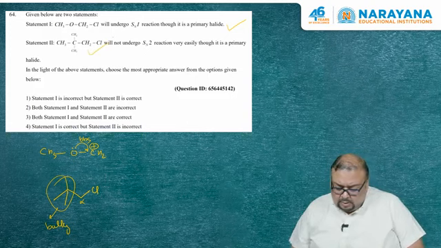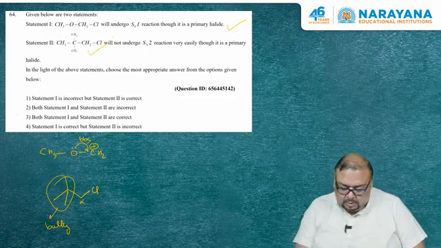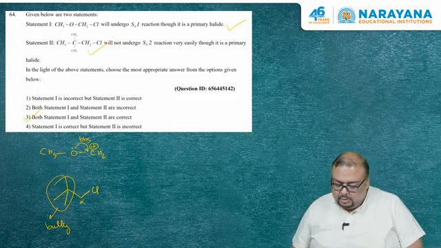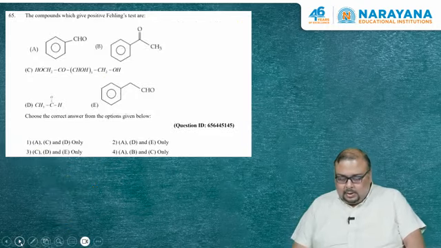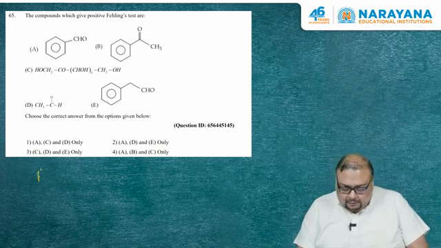So we should look for the option where both statements are correct, which brings us to option 3. So the 64 answer should be option 3. So next is question number 65. The question says that the compounds which will give positive Fehling's test. Now for Fehling's test,